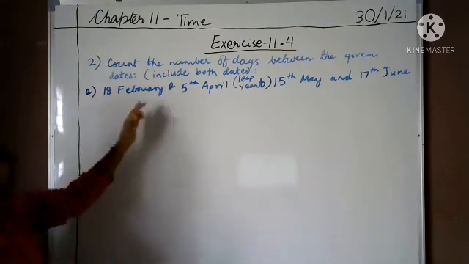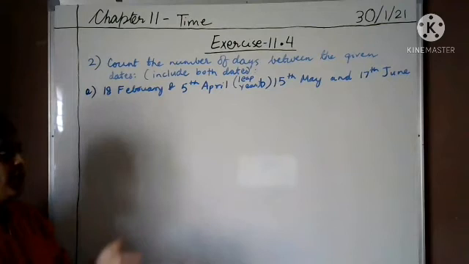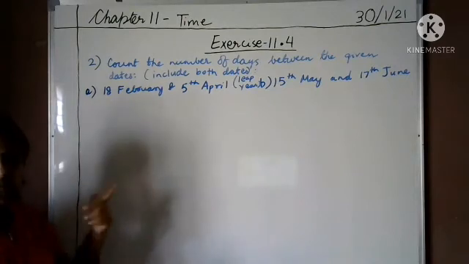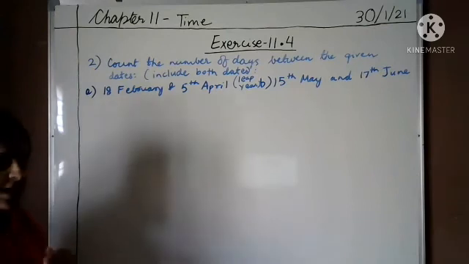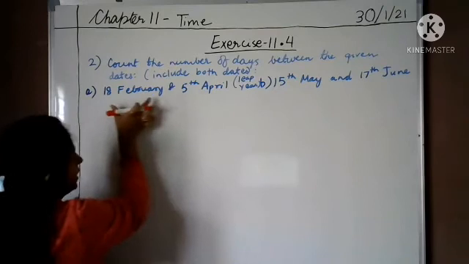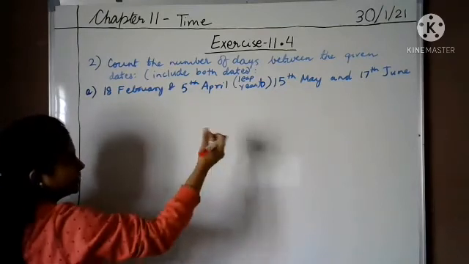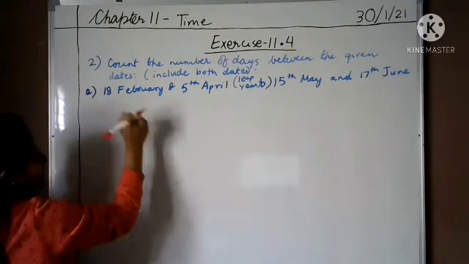Now, I hope you remember that in the last video, in question number 1, हमें first और last day include नहीं करना था, right? But in this question we have to include both the dates. तो कैसे करना है? Let's have a look. 18th February and 5th April. तो 18th February से लेकर 5th April तक कितने डेज होते हैं? और ब्रैकेट में लिखा हुआ लीप ईयर है, यानी क्योंकि हमें यहाँ पे फरवरी की बात आ रही है.